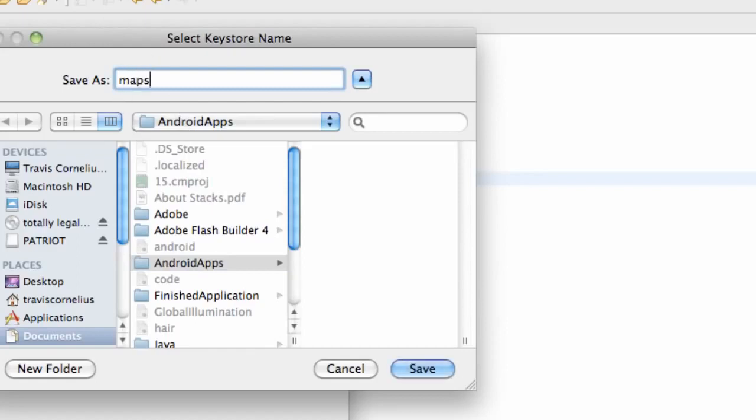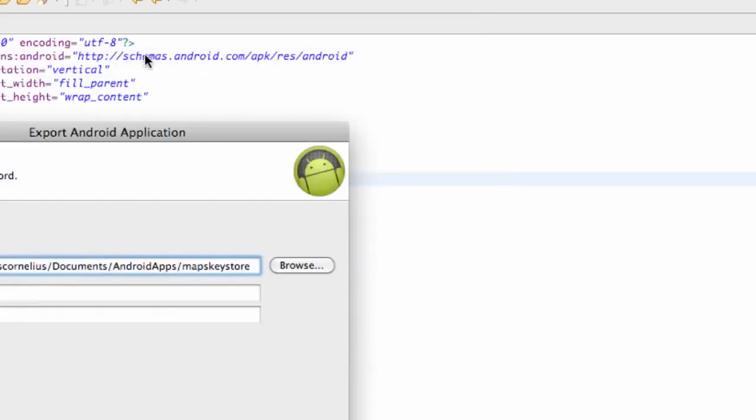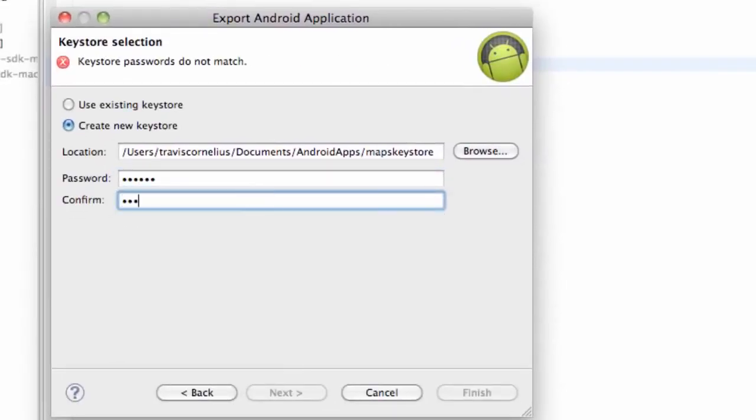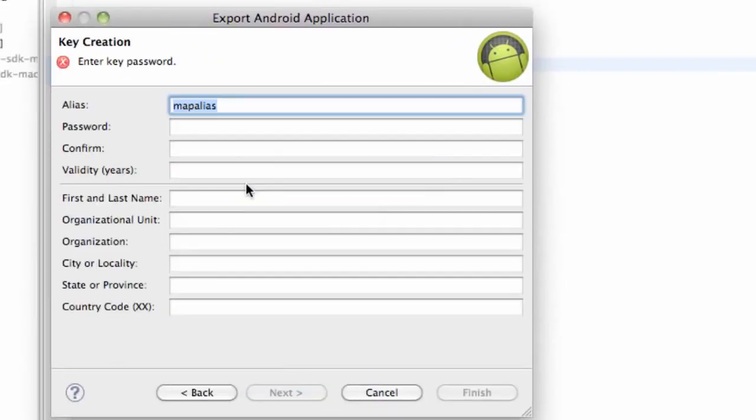and we're going to save this as maps, maps key store. Hit enter, and then we need to create a password that we're going to remember. I'm going to say Travis and hit enter. So now that's where we created our key store, and we also have to create an alias. So I'm going to label mine maps alias,